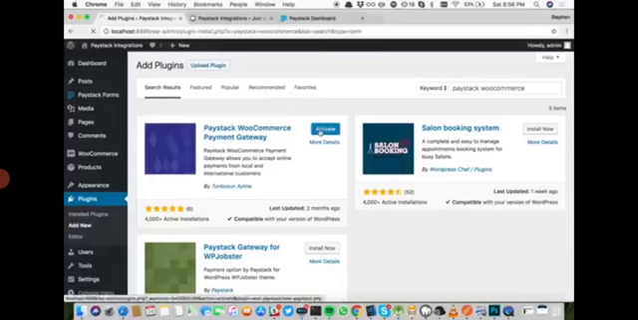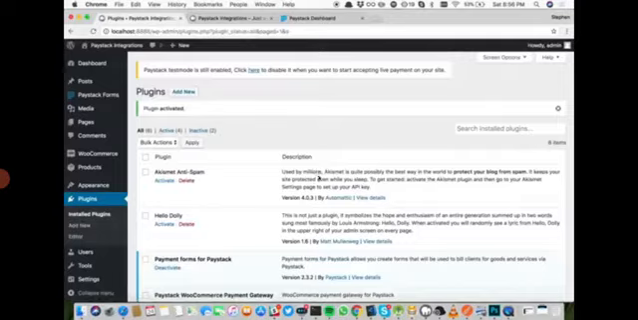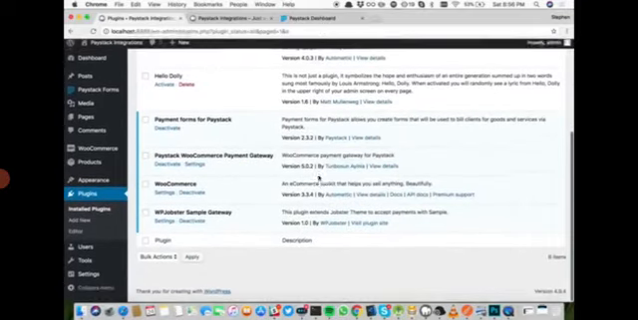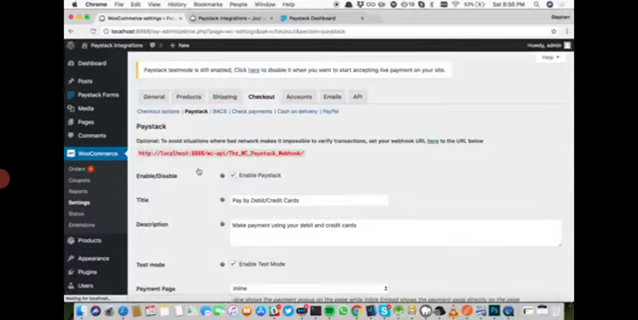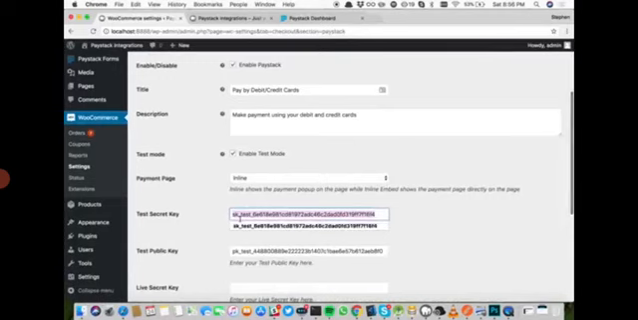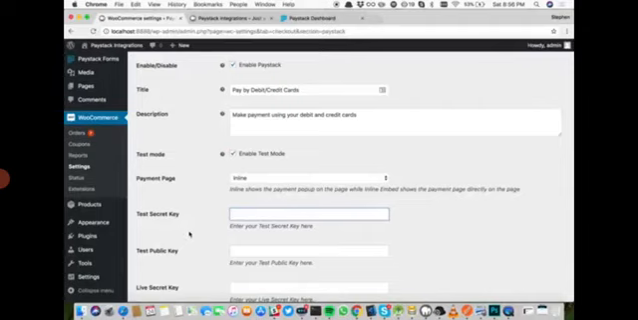So we'll click activate. This will redirect us to the plugins page where all our installed plugins are listed. So go ahead and go to the settings page so we can configure this plugin to start accepting payments. Now the requirement for using this plugin is you have to have your test secret key and your